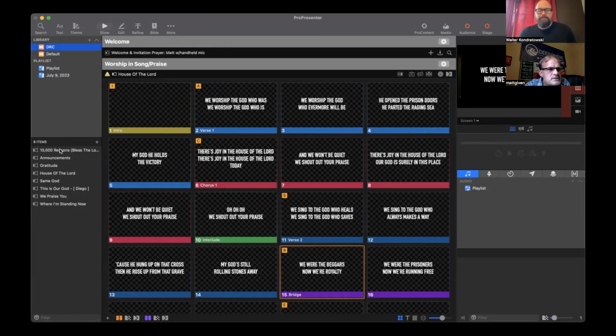Now, this says only 8 items in there, so this is just localized to my computer. This is not the same thing as you'll see on Deep River's laptop. All right, and so when you want to create a playlist